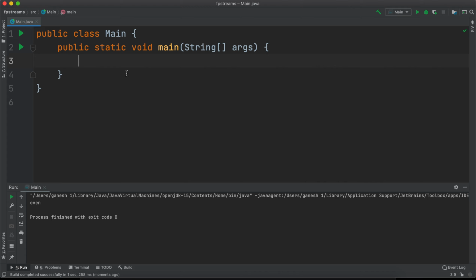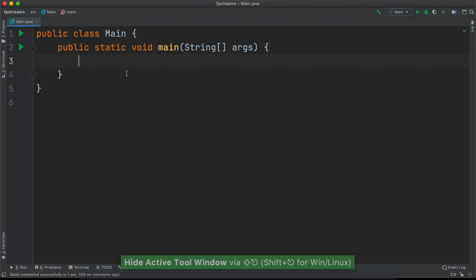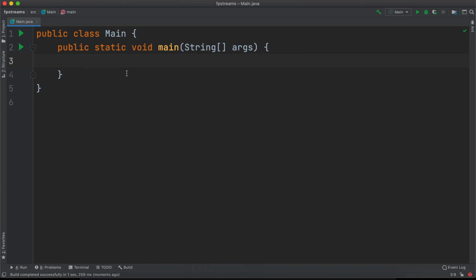Hi there. In this quick video, let's see Lambda essentials. So if you want to learn how to use lambdas in Java, what are block lambdas, what are expression lambdas, what's a method reference, how to create a functional interface, what's a functional interface, and how to use the existing functional interfaces, this video will help you get started.